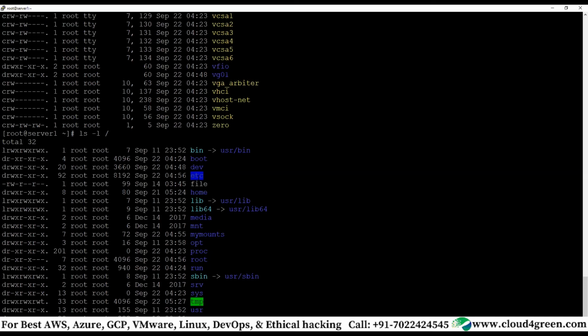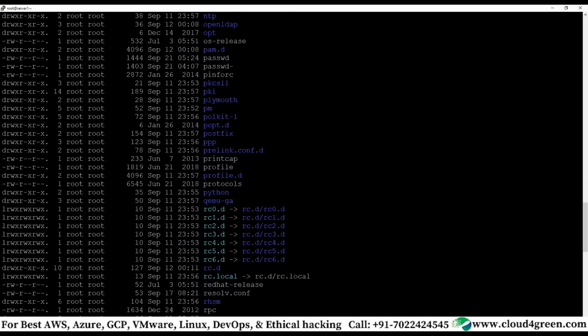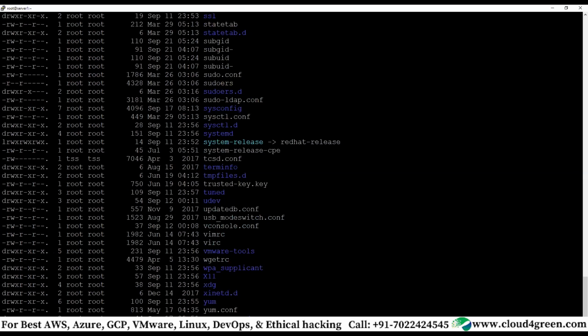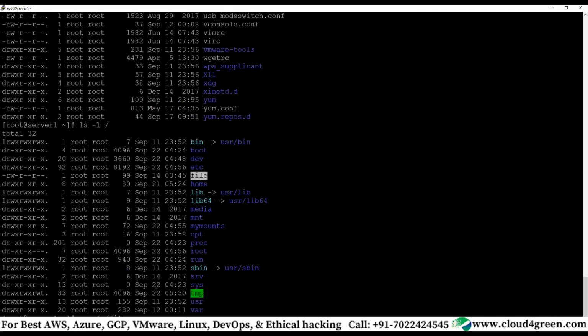So look at etc. You'll see many directories, correct? Maybe user configuration like /etc/passwd, /etc/shadow, user related files, right? All the configuration related files basically are seen under /etc. This file is nothing which I have created. Remove it.